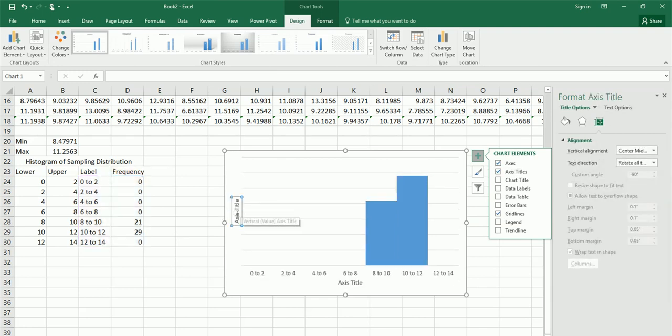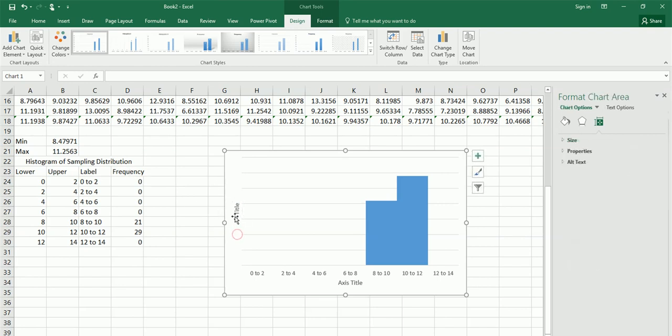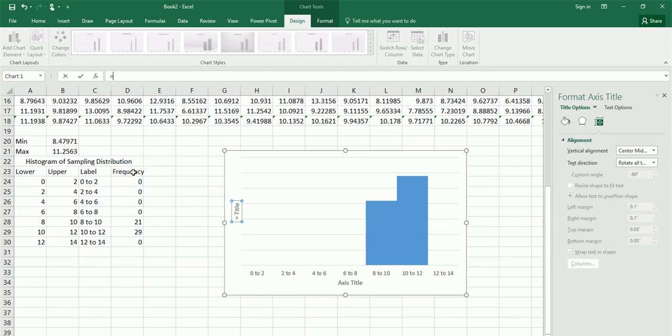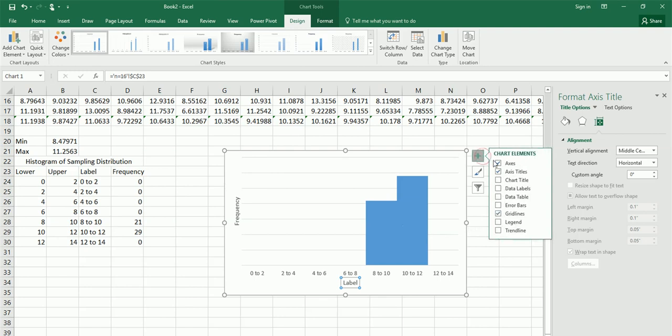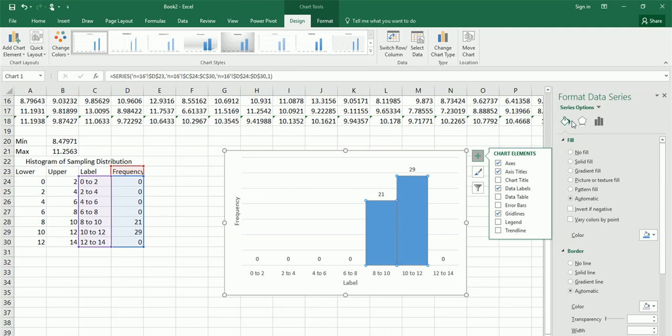Edit the title, select the equal sign, equal sign frequency, enter. Edit the title, equal sign, select label, enter. And in the plus, add data labels, and double click on the columns, select this border solid line black, increase the width and close. So here we have the